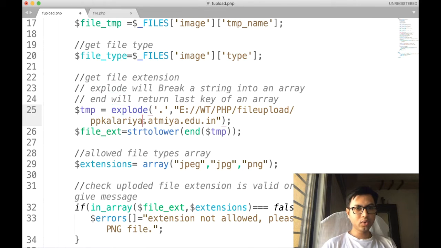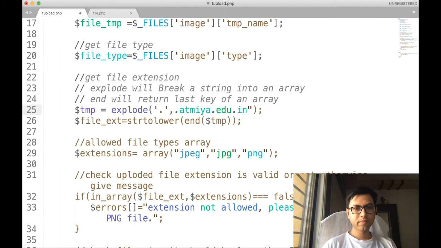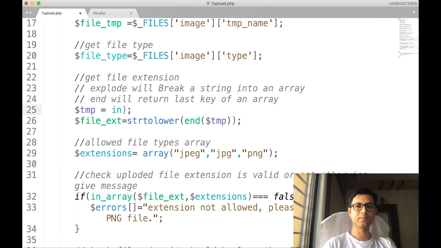It is going to break the string at the dots and eliminate the earlier parts. It is an array, that is why I wrote here that it returns an array, and among this, what is the last index? So in this case, this function returns only this last part of the string. I hope you understand the functionality of the explode function.